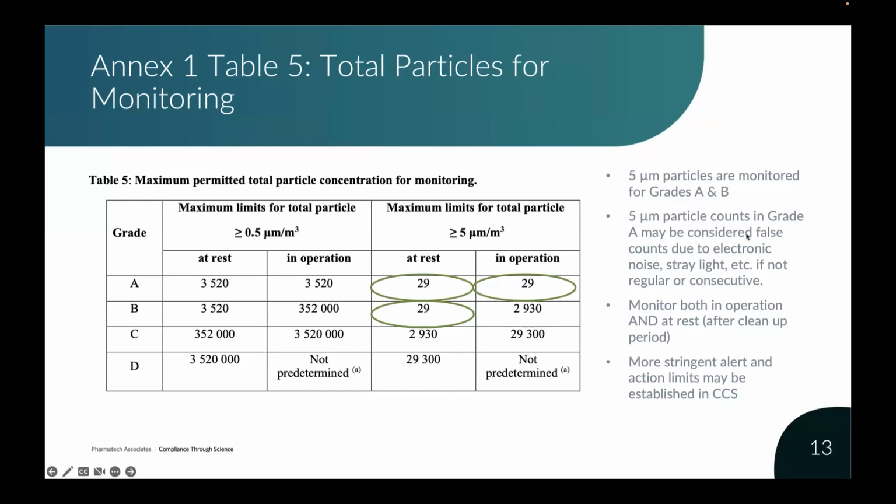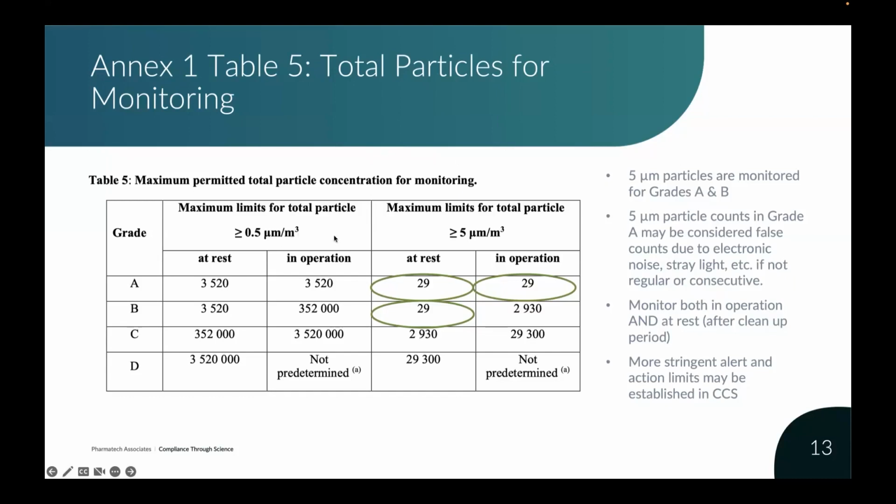They did add a section, which is very important, which says that 5 micron particle counts in grade A may be considered false counts due to electronic noise, stray light, whatever, if not regular or consecutive. The reason this is in there is that there's a certain practical aspect of how we measure and the frequency we measure air when we do monitoring. Most particle counters are designed to collect air at not a cubic meter per minute, but at a cubic foot per minute. And the reason for this is because